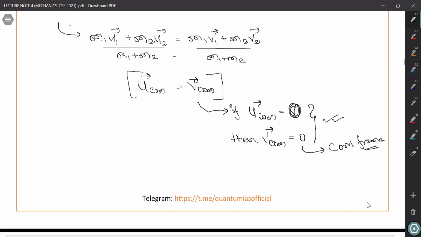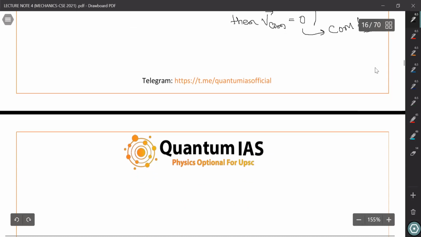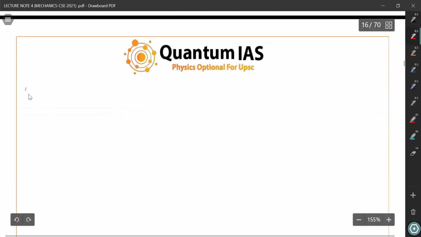Okay, so I want to refresh your concept with some small questions, so that you can also find out the applications of e, the coefficient of restitution. For e less than 1, most of the time we are going to study perfectly inelastic collision. Let's suppose 1% only inelastic collision, 10% perfectly elastic collision, and the rest 89%, let's suppose, we are going to study about the elastic collision only, right?